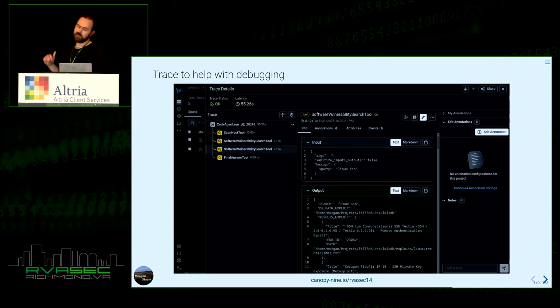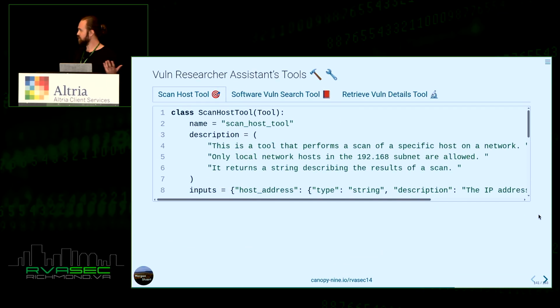So if you're working with this and you're playing around, obviously debugging this could be a total nightmare. There are some nice tracing tools for this I recommend if you're going to get into it. How did I write those tools? It's actually really simple, and it kind of just comes down to programmatically documenting your tool. For the scan host tool, all I'm really doing is giving a variable for the name, and then a variable that holds the description to describe to the model what it does, how to use it, and of course also the input parameters.